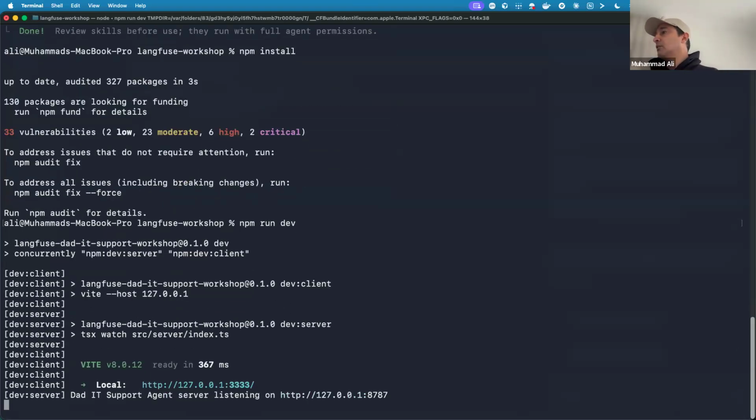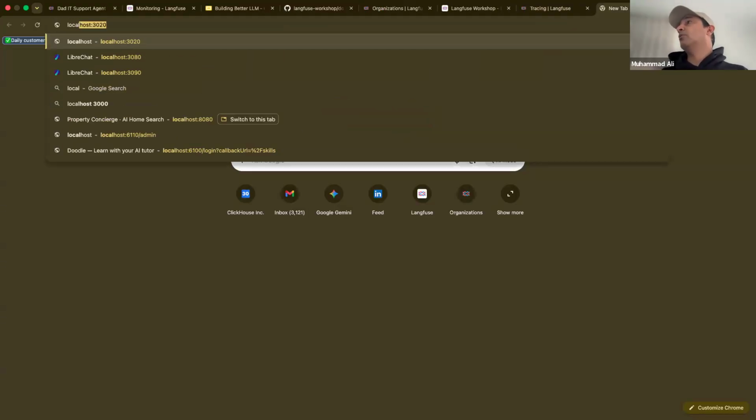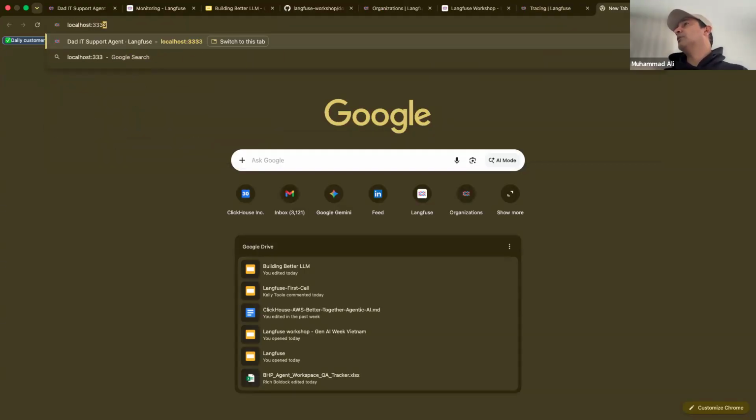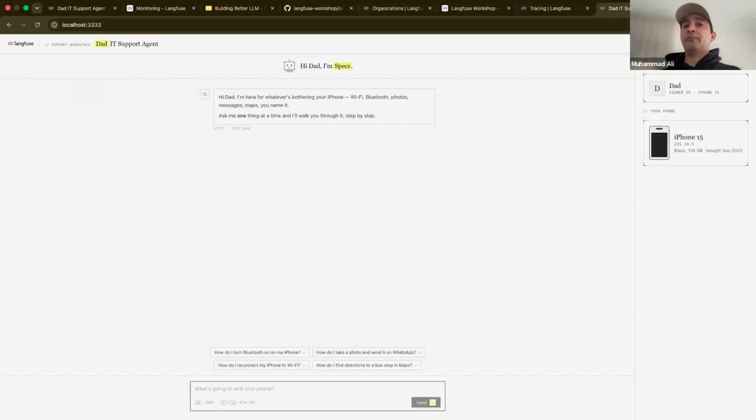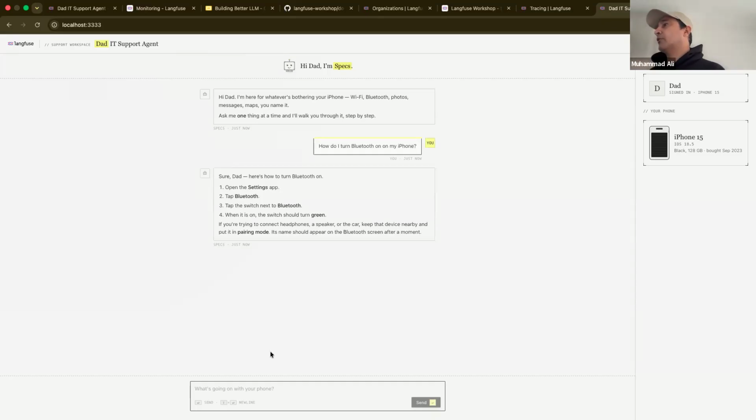So that's basically what we will do. Now my application is up. So let me go to my browser and then say localhost. I think it's 3333. Boom. This is my app. Now I'm going to ask, is your app up and running? Give me a thumbs up. And is your application connected to OpenAI and answering the questions correctly? Like when you say, how do I turn on the Bluetooth? You get that. I'll pause here for Satyajit for you to catch up.